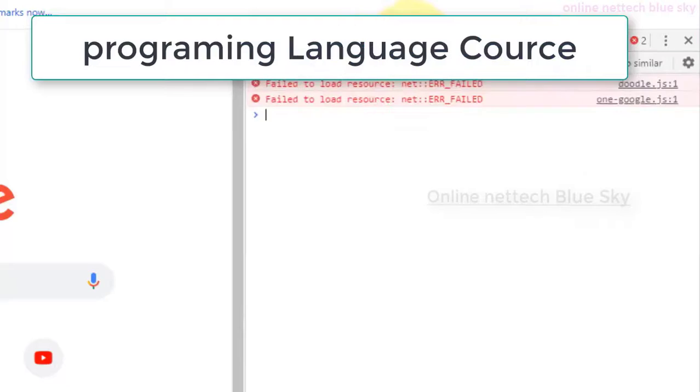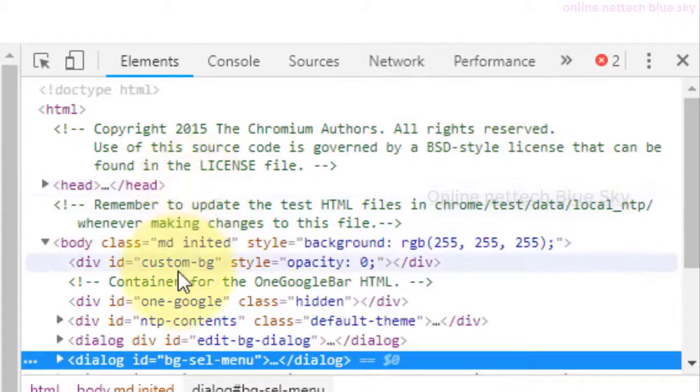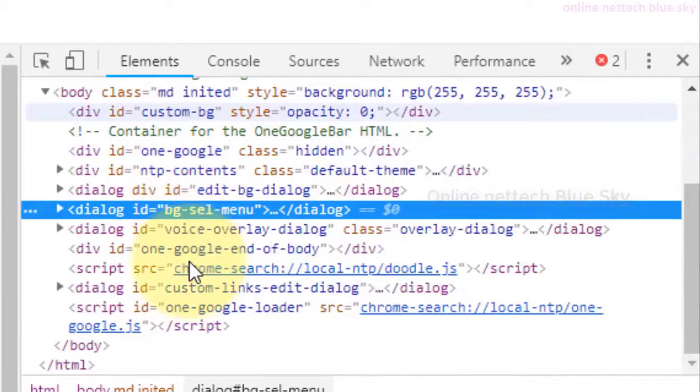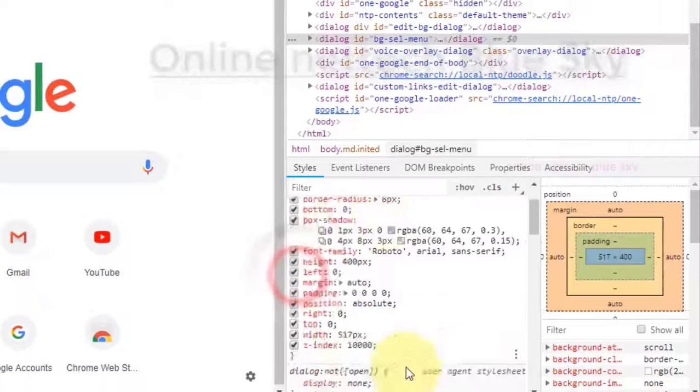HTML is not a programming language, it is a design language only. You can see programming languages and programming code here.